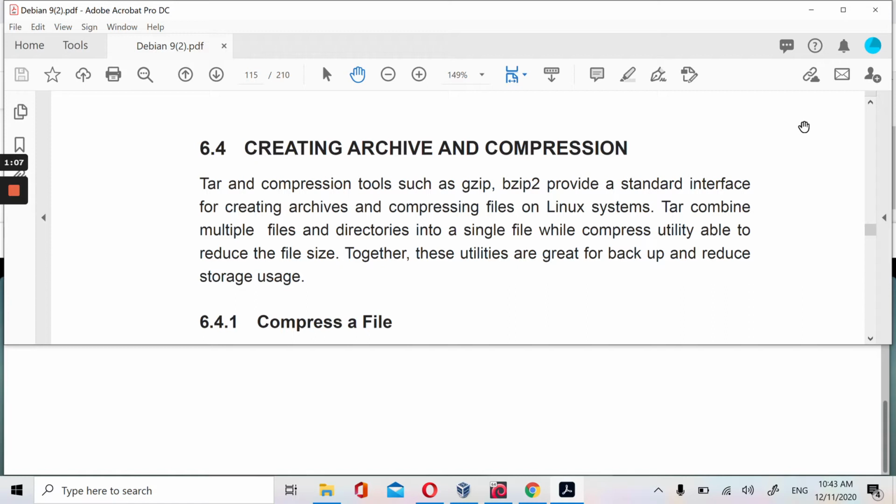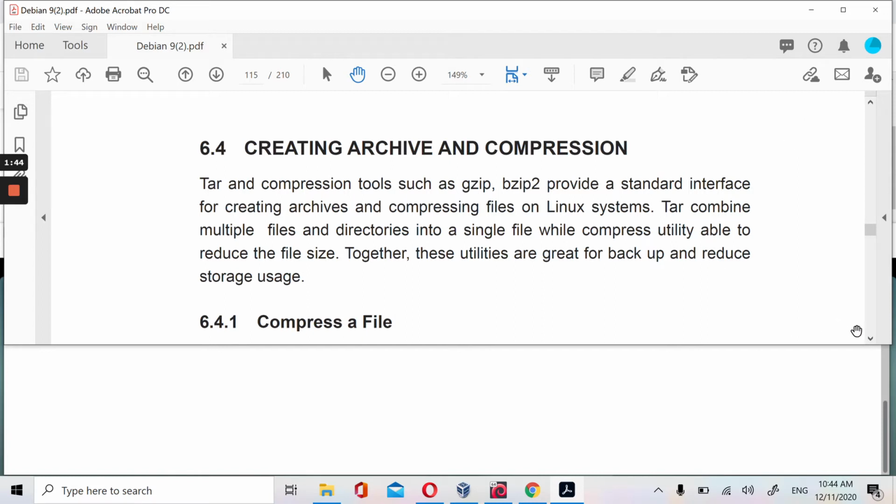For example, gzip handles the .gz extension, and it will reduce the disk space used by the files. However, even though you have two separate tools, you can combine the operation using several options, which I will discuss later on. Alright, so in this lab, first I will teach you how to compress a file using gzip